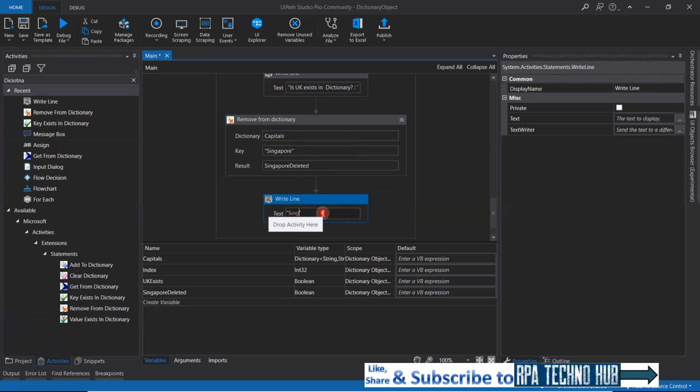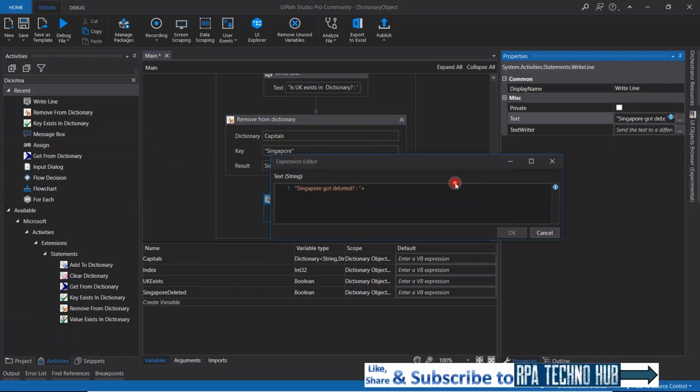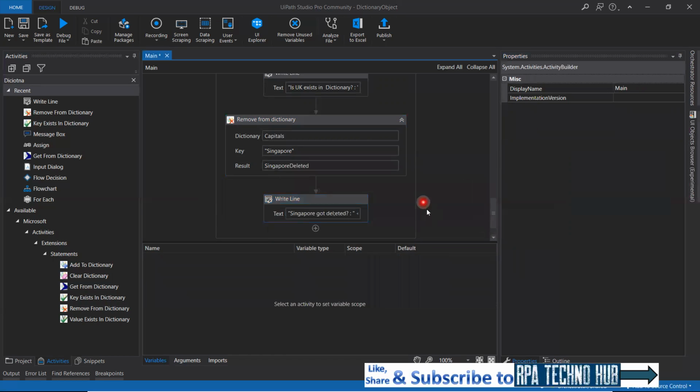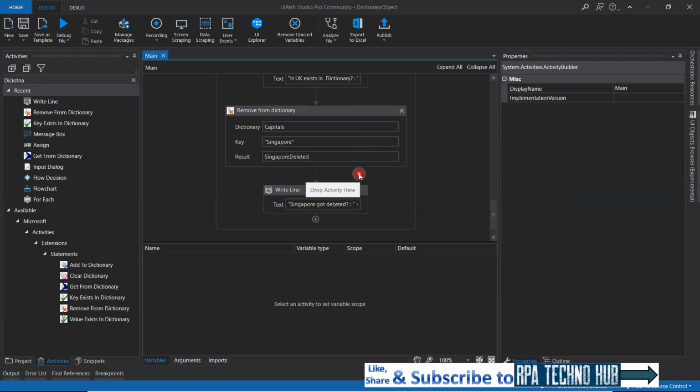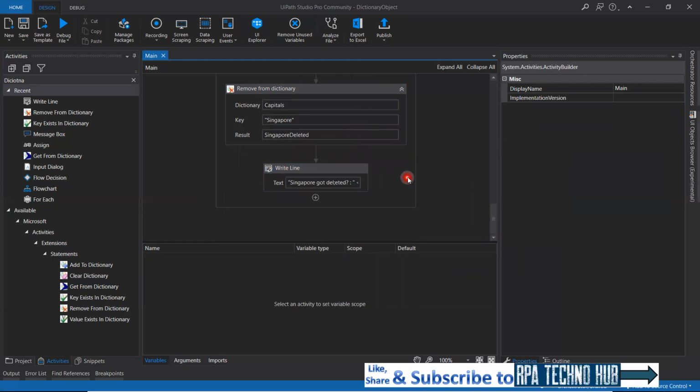So Singapore got deleted, question mark, and colon here I'll say plus, Singapore deleted, which is a boolean that requires to be converted to string. Just do it. Okay. And now if I just run it,